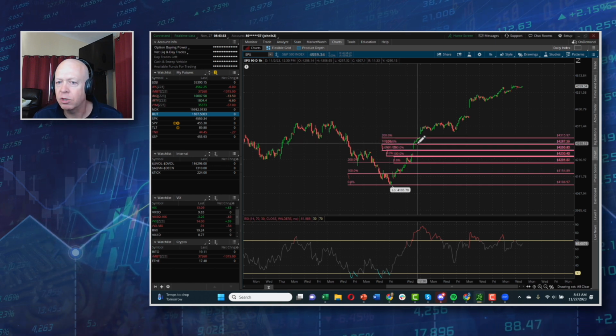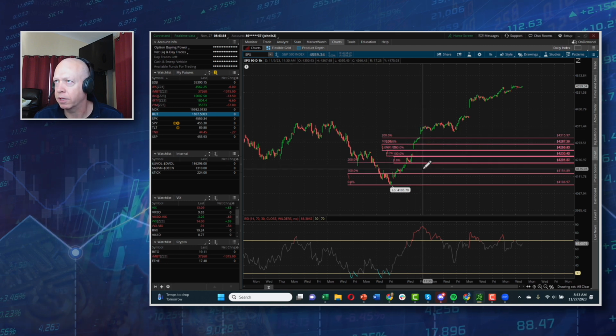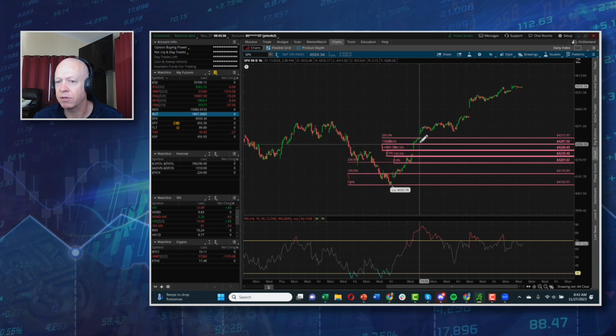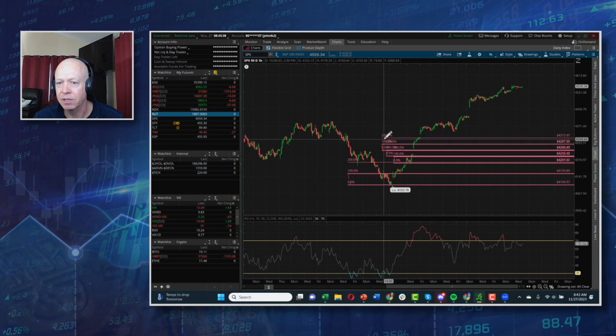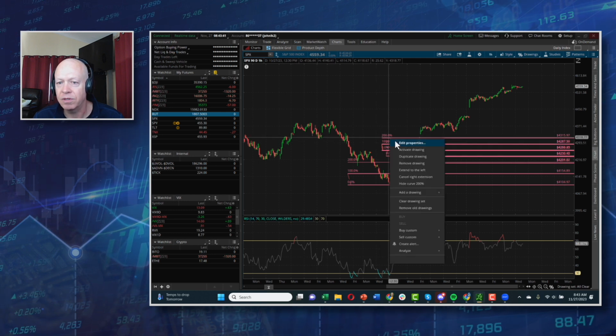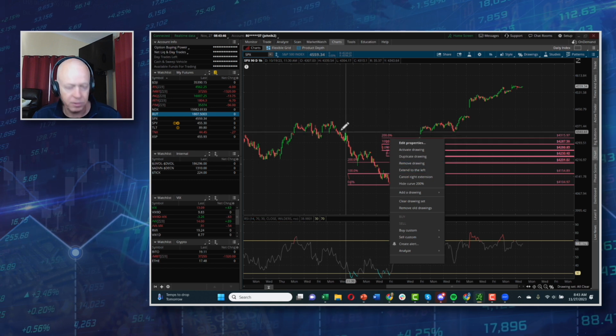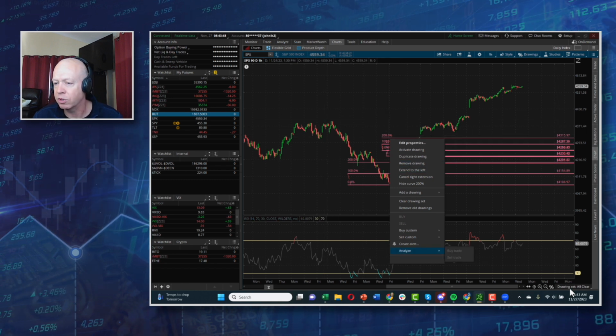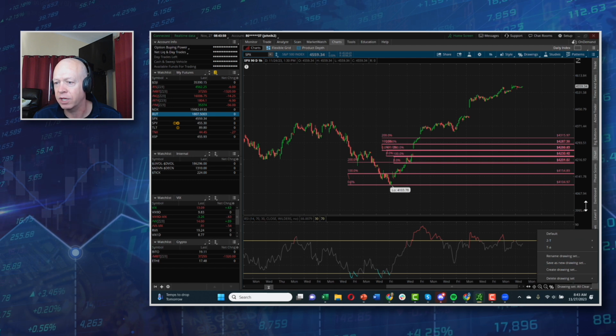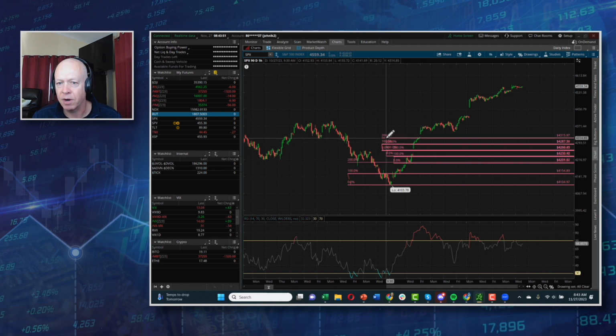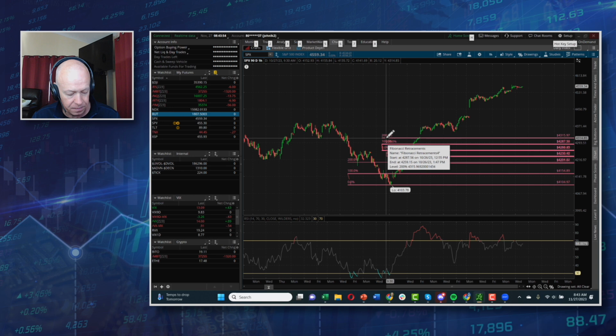So my short-term traders have no control over the market. They're not selling it off. If they try to take short positions, they're getting killed, right? So this is clear evidence that it's the long-term institutions driving it. The short-term traders are not. They have no say in this market right now as far as direction.